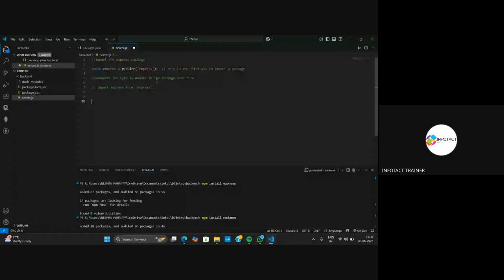After importing the express, I will assign this express to one more variable, that is const app is equal to express, which I have just imported. So why am I doing this? I'm doing this so that whenever I want to use this express package, I can just simply write app. Got it? So this is why I'm assigning this entire express package to the app variable. Now moving on to the